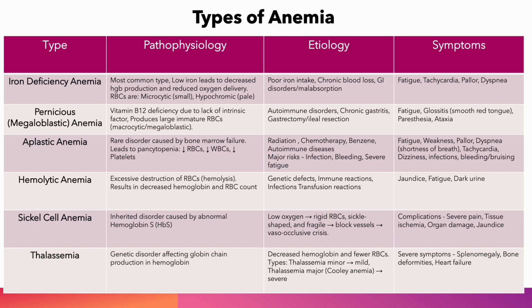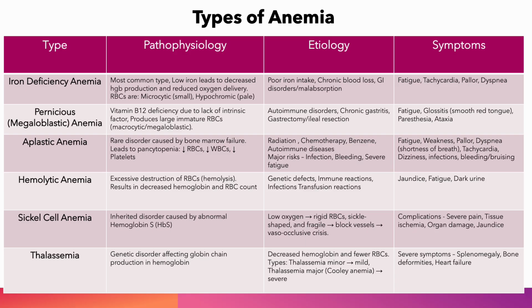These are the different types of anemia. Let's basically, very briefly, review the major types. Iron deficiency anemia is the most common type and results in microcytic, hypochromic cells due to decreased hemoglobin production. Pernicious anemia results from vitamin B12 deficiency caused by a lack of the intrinsic factor and produces large immature red